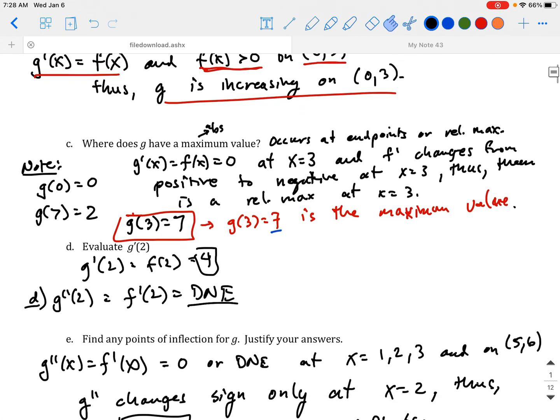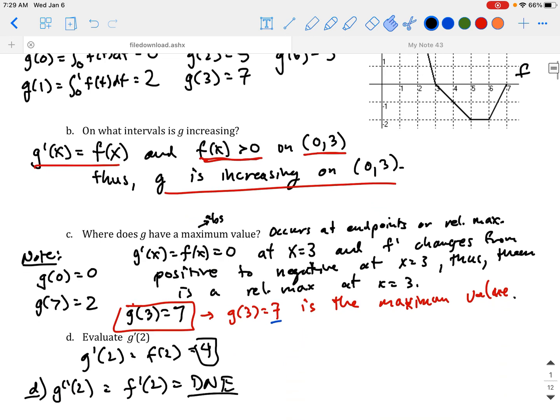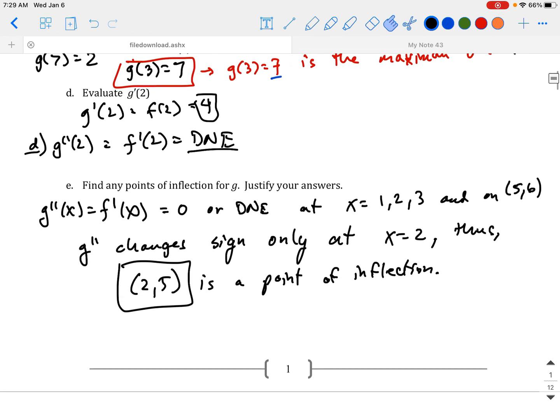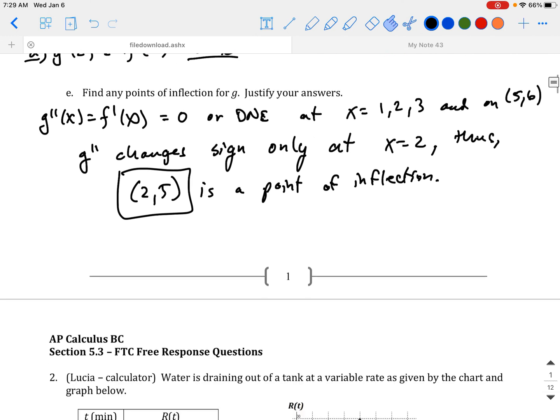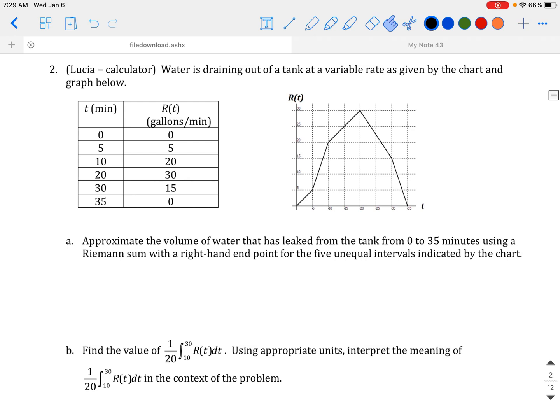All right, so this is kind of a standard example. You start with your integral function, do some integral calculations, then we start taking derivatives and doing some derivative work with maxima, minima, and points of inflection. All right, so then looking at number 2, now we're going to be using some Riemann sums and doing some